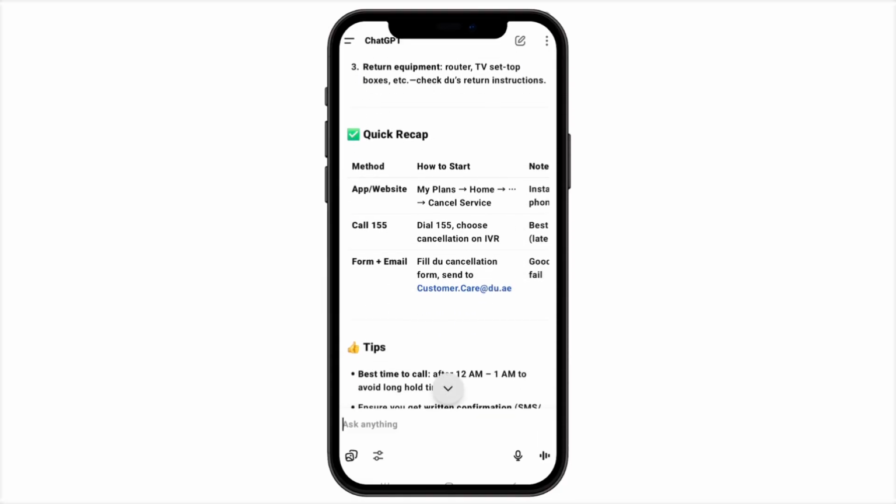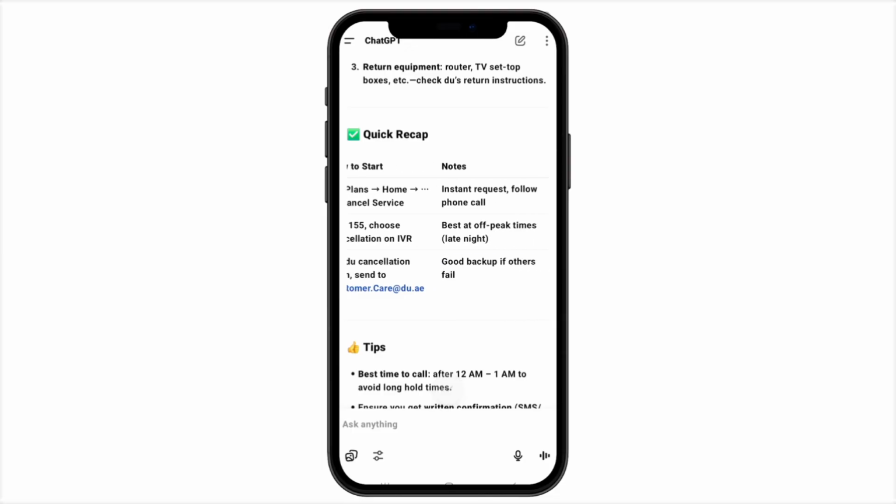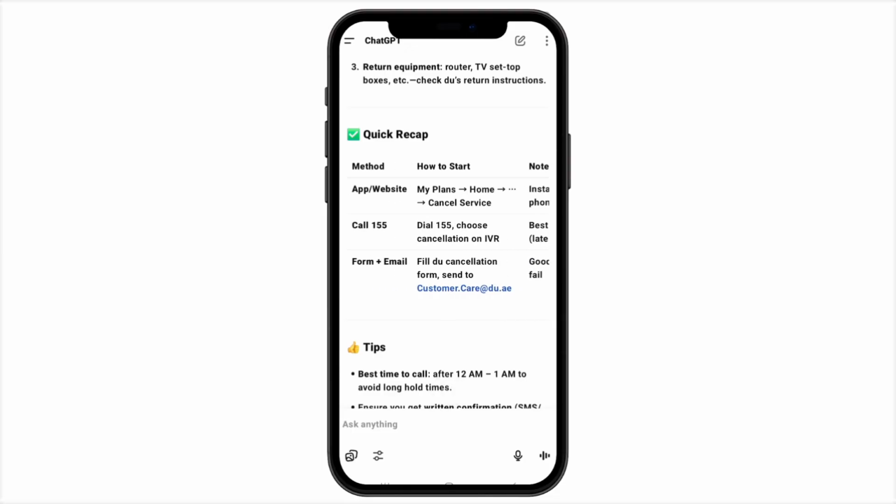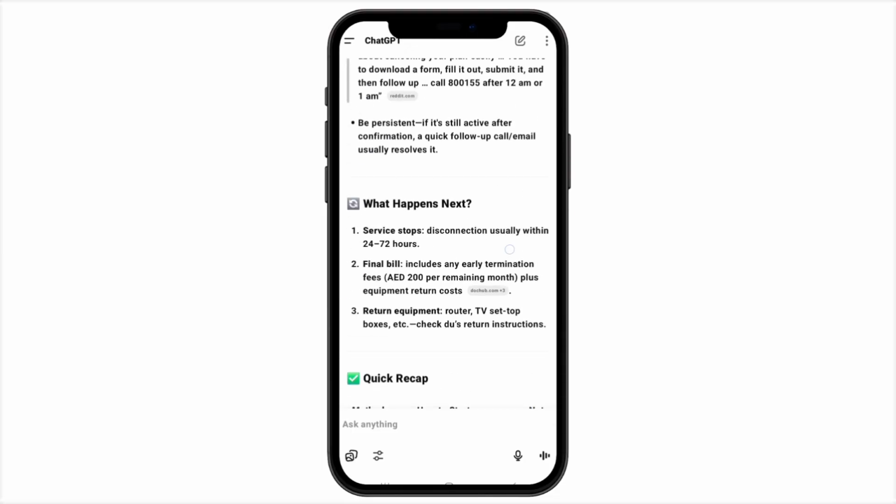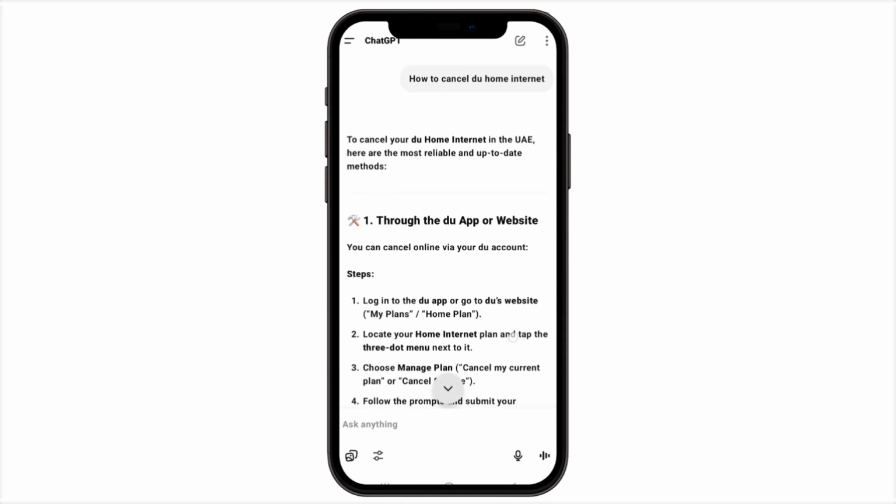Okay, so this is the way following which you can just cancel the active to connection that we have right